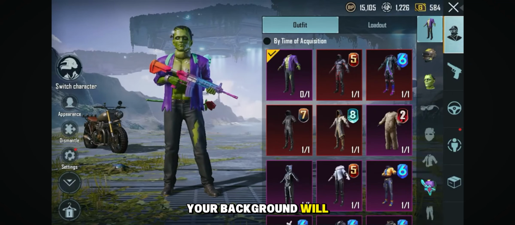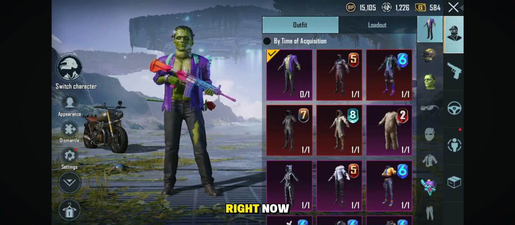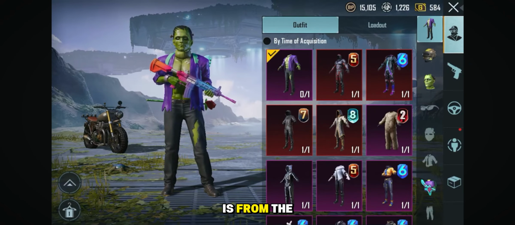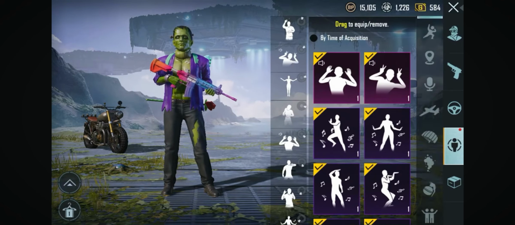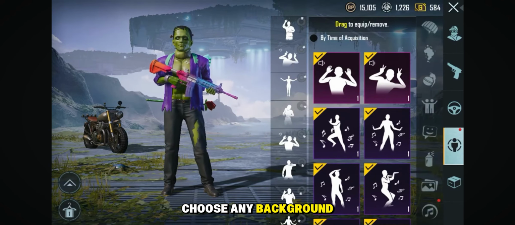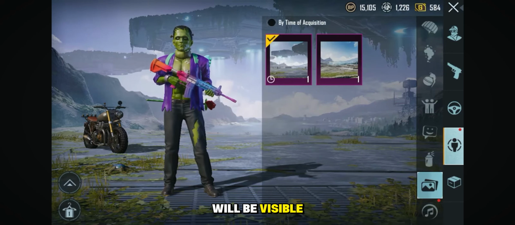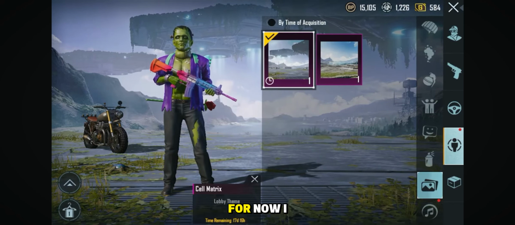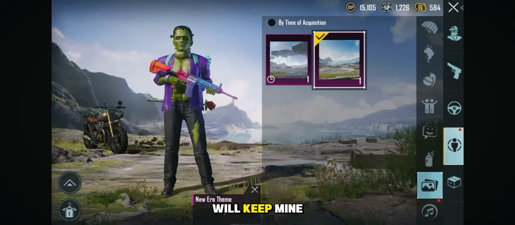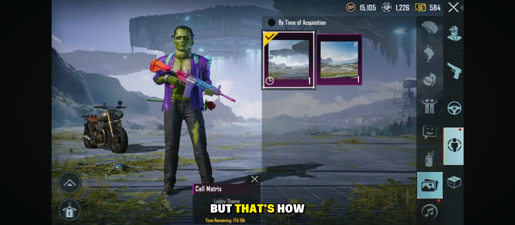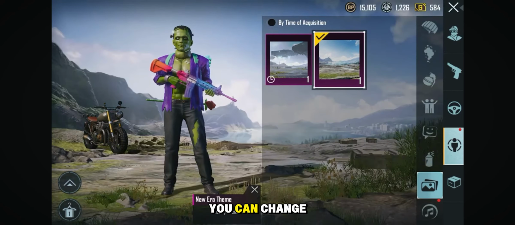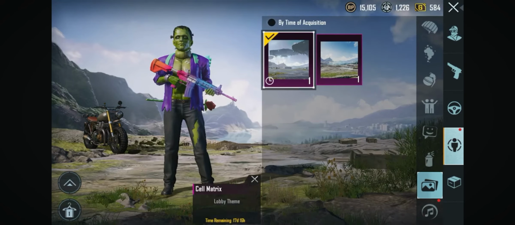Your background will also update. Right now, the current background is from the ongoing style event, but you can choose any background or theme you like. Whatever you set will be visible to others as well. For now, I will keep mine as it is, but that's how easily you can change your lobby background on